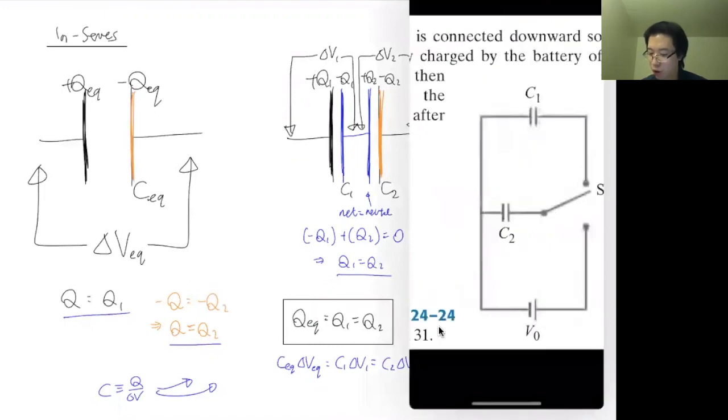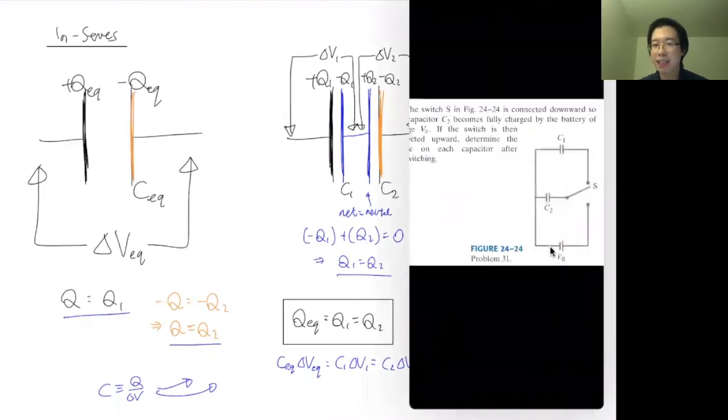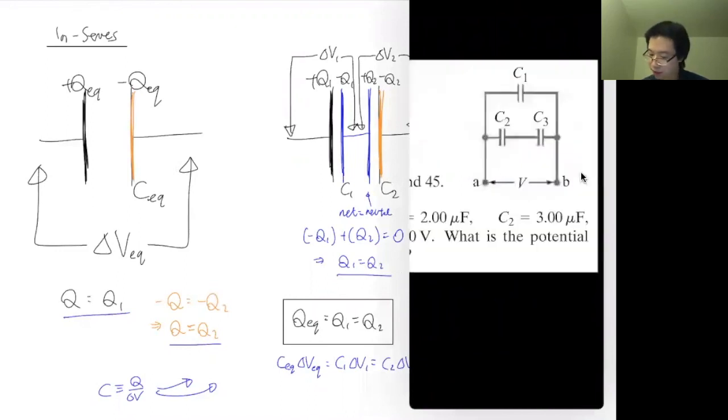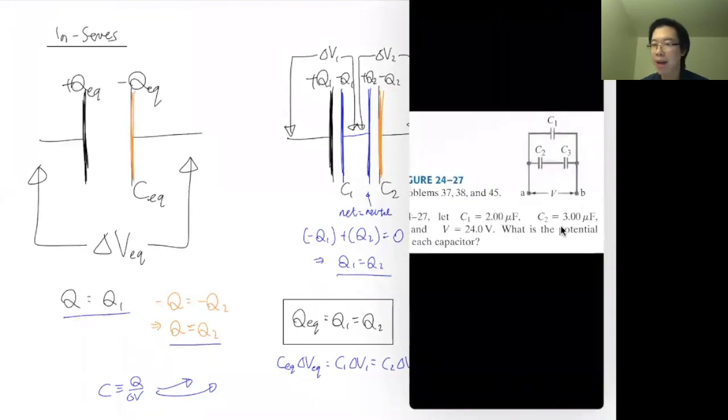So we'll give you the capacitance, and then you know the overall potential difference across it. Maybe this is slightly better. We'll tell you the capacitance of each one, and then there's an overall potential difference across it. Sometimes it's not as simple as just series or parallel. Sometimes you have both together, right? You have two in series, and then these two are in parallel with the first one.